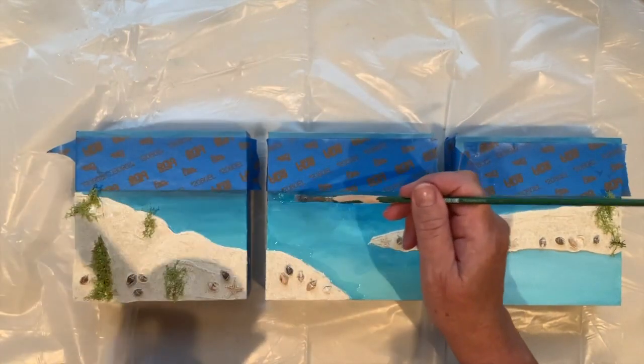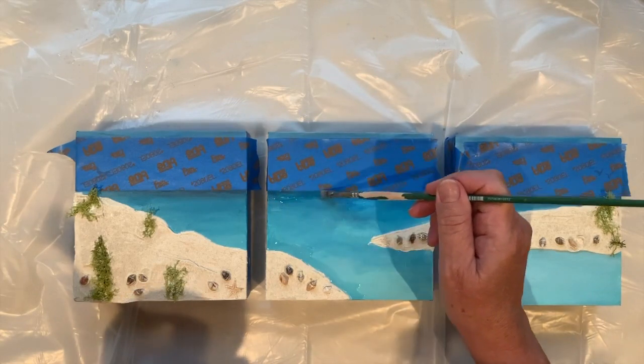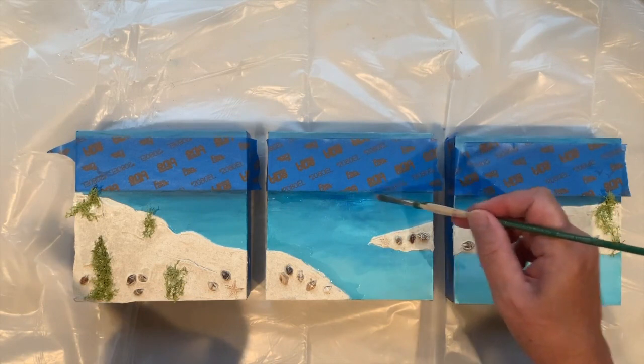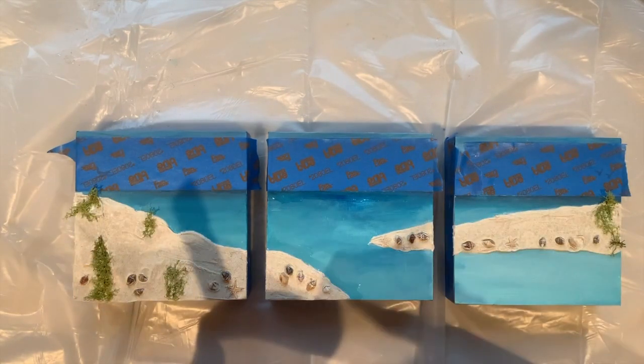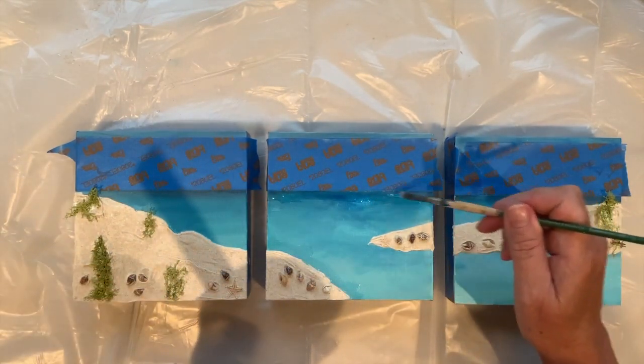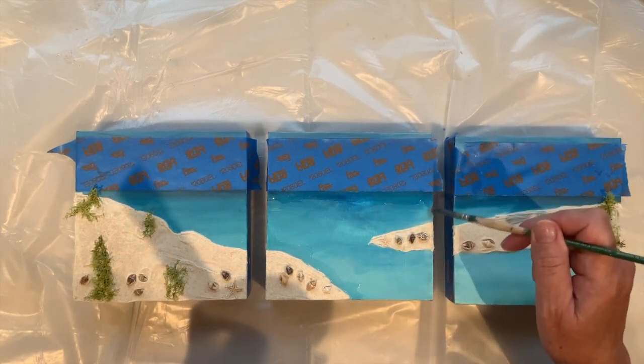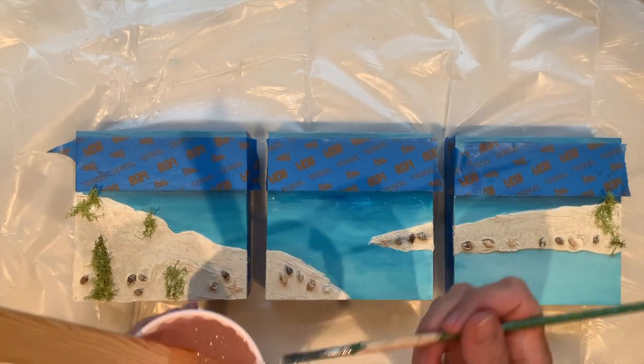Seriously, everything is sticky today. I've had a resin day. Yesterday I had a paint day. Today I'm having a resin day. All right, so